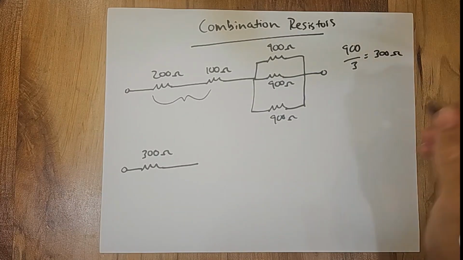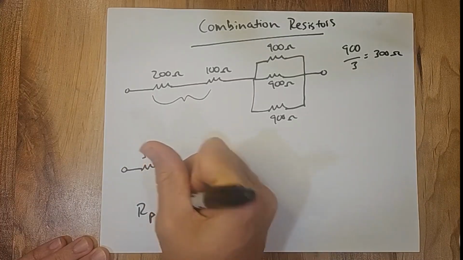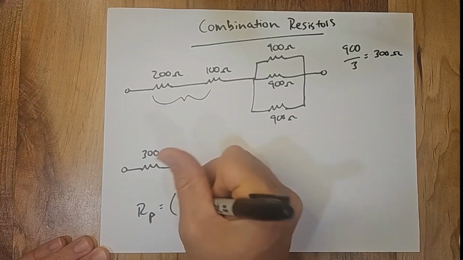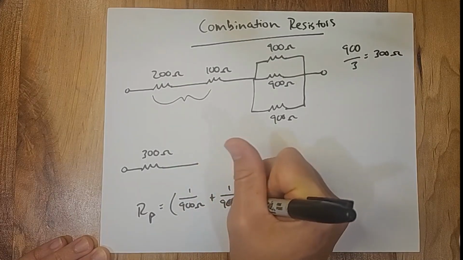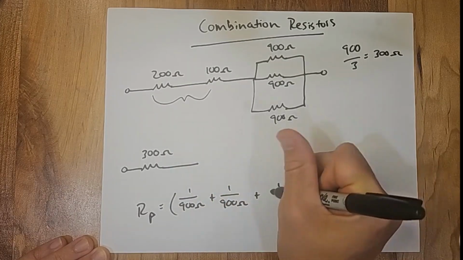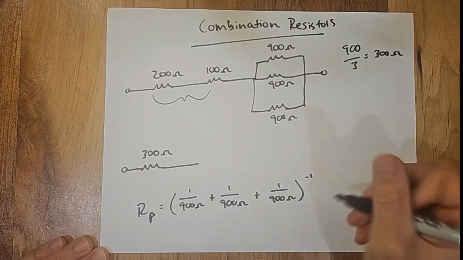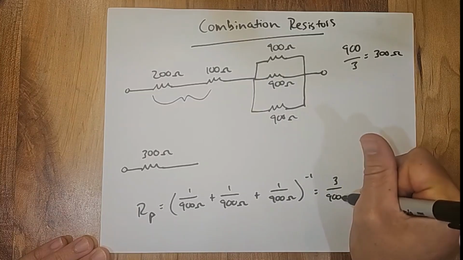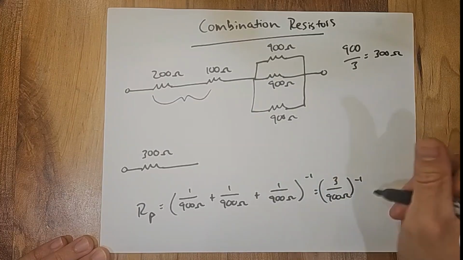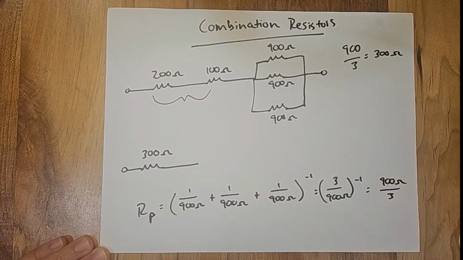If we're going to do our R parallel, I'm just going to do RP for R parallel. That's going to be 1 over 900 ohms plus 1 over 900 ohms plus 1 over 900 ohms, all to the negative 1, which of course is going to equal 3 over 900 ohms to the negative 1, which is 900 ohms divided by 3, which of course is